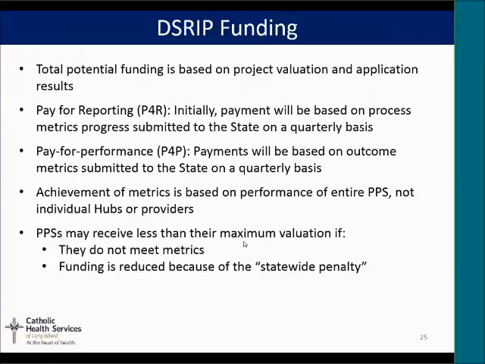So I wanted to take just a minute to talk about the DSRIP funding. While I like the emphasis to be on the programmatic work and talking about what we really have to do and the goals that we want to accomplish, we can't really do it unless we have money to do it. And in addition, the state has set this program up where we do have a pot of money that's coming to us, but it is based on incentive structures. So we need to meet certain goals and objectives, improve outcomes, et cetera, to get the full amount that is possible. So there was a project valuation